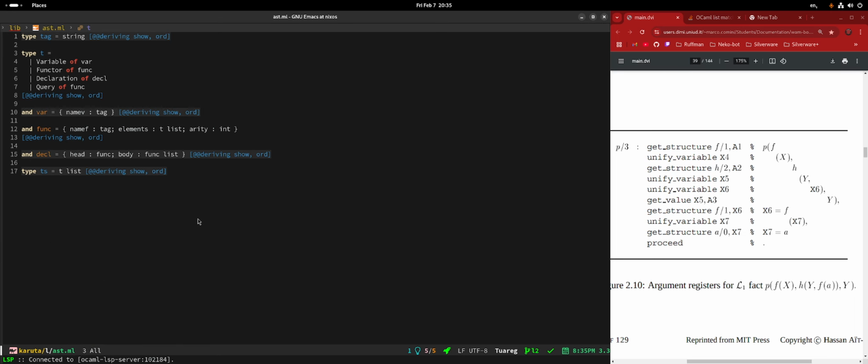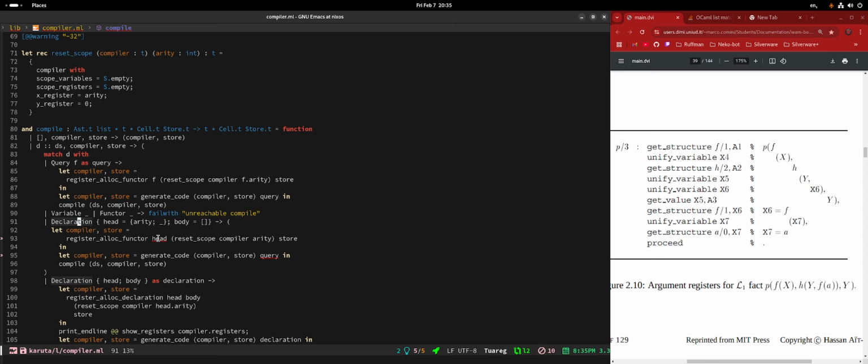A declaration has a head, which is a functor. Why can't I just pass a head here? Because you are not binding the name. Oh, head, like this. And then we generate the code, but generating this code should actually be inside a declaration again.